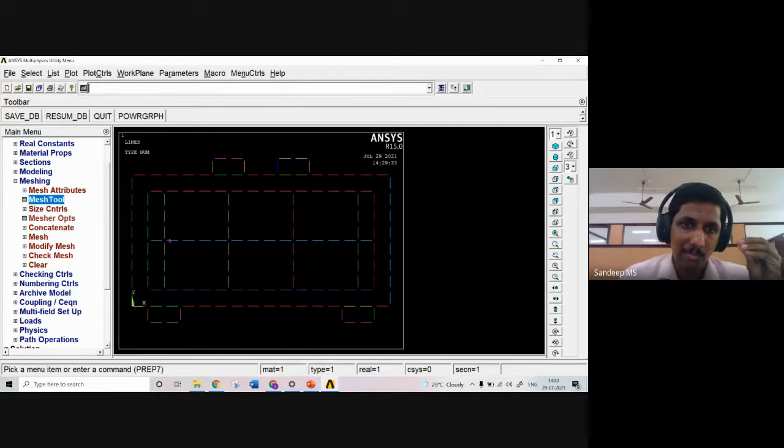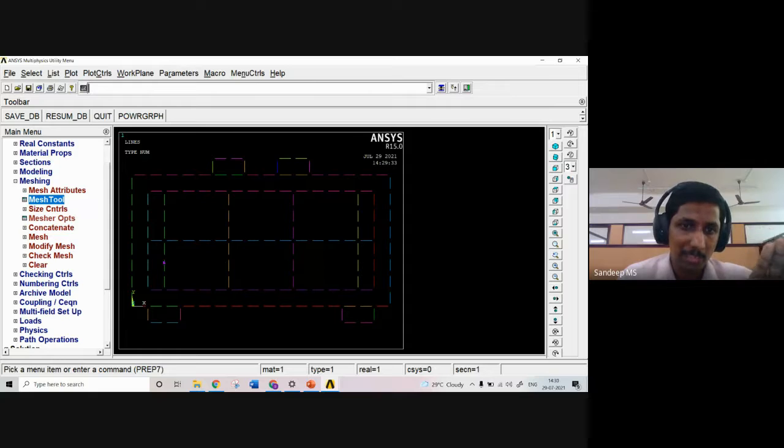So once we have two nodes at all the contact points, what we can do is that in a later stage, we have a few options like glue or merge. So we can use any of these options so that we will combine all the coinciding nodes so that they will be glued to each other, or they will be merged into a single unit so that we can ensure that there is proper contact between these different parts. And we will see that shortly.